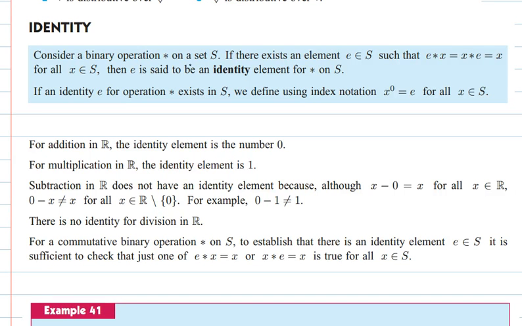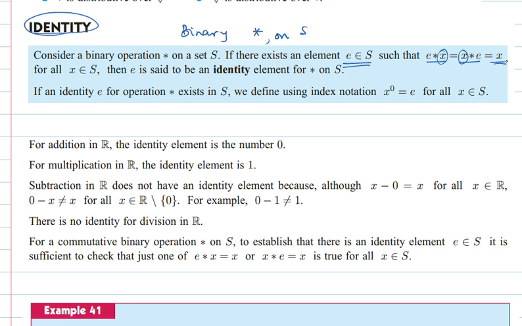Once we have defined the binary operation on a set, say the binary operation star on the set S, then we define the identity element, which is also in S, such that E operation X is the same as X operation E, and it's the same as X. In other words, it leaves every element that it is operated with